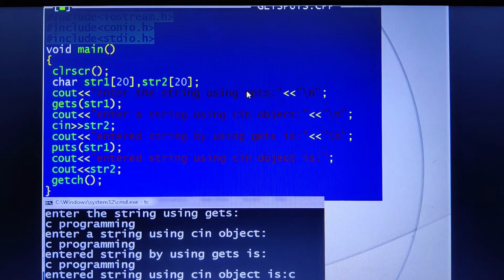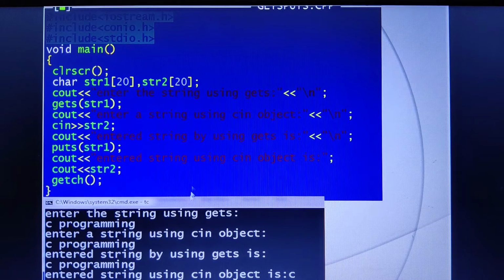This is just a cout statement. Now this \n is a new line character. I want everything to appear on a new line, that's why I have this escape sequence character, so the next cout statement appears on a new line. If I had not given this new line character, everything would appear on a single line and we would not be able to see the output so clearly. That is why I am using the escape sequence character for the new line, that is \n.